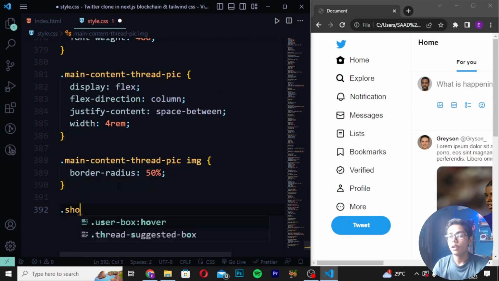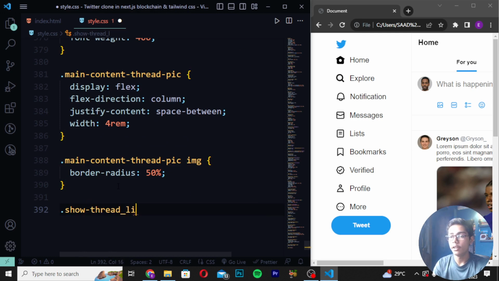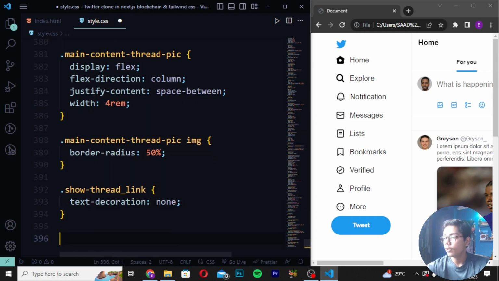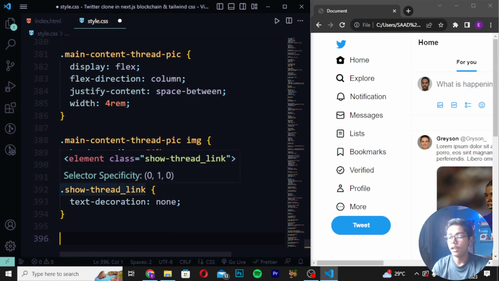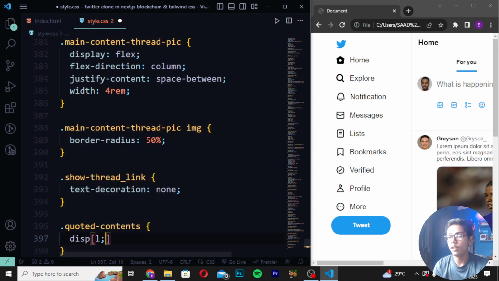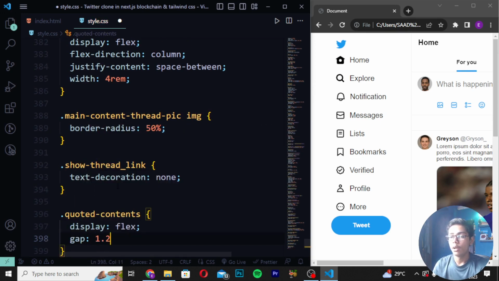Now I will be moving down and writing here show thread, and if I write here show thread underscore link, and I will be now just writing here text decoration now. Then you have to scroll down here and create dot quoted, and I will be now just writing here dot quoted contents, and you have to now create display here, this should be flags, and write here gap 1.2 REM,